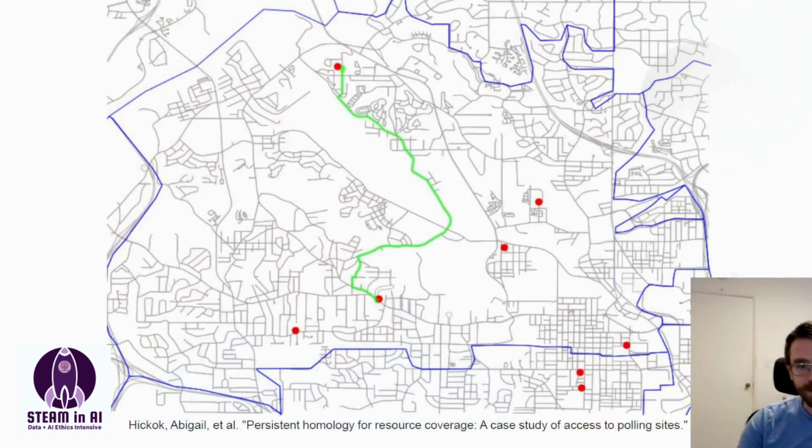My name's Troy Kling, and I'd like to introduce you to one of the project ideas for STEAM and AI's Winter 2023 cohort. This project will focus on using topological data analysis to quantify election polling site coverage in certain